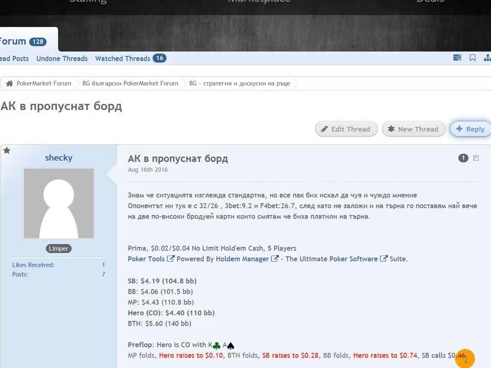Okay, so at this point, typically small blind has a pocket pair, which is normal, like medium pocket pair, 6s to jacks, something like that. And then you'll have very good high cards, so ace queen, king queen suited, ace jack